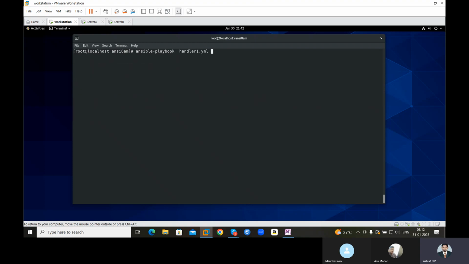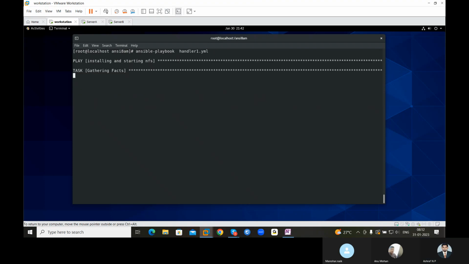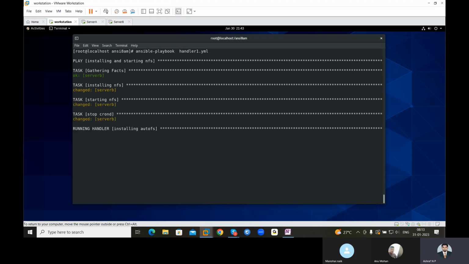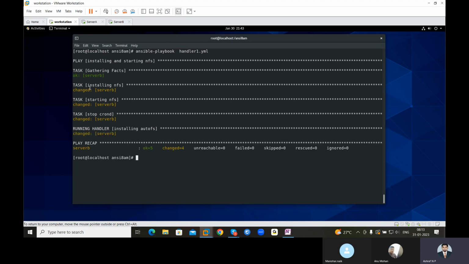Execute it again. Gathering facts. In this case, we can stop gathering facts because we didn't use any facts variable in our play. So there is no problem for stopping facts gathering. Facts gathering is happening very fast, right? Reason? It's a virtual machine.